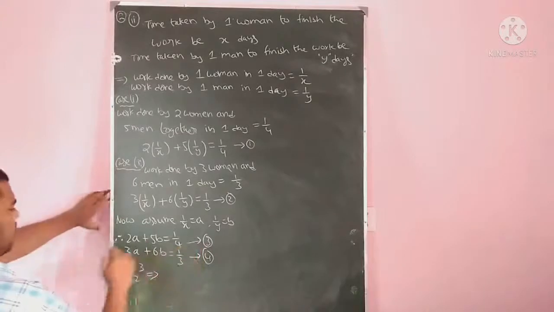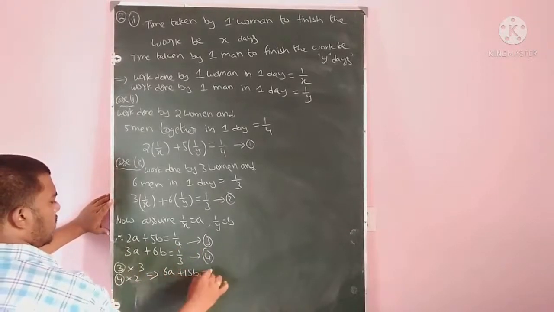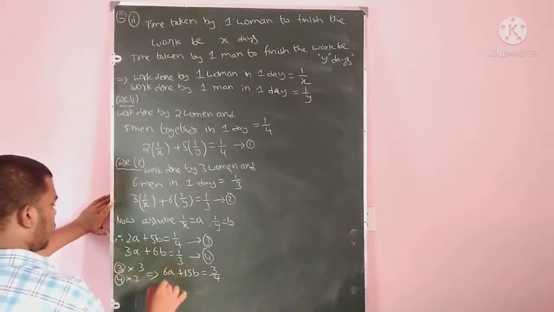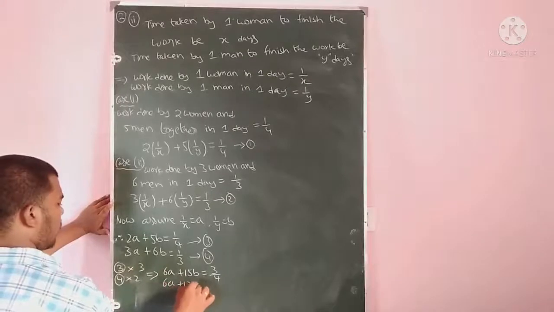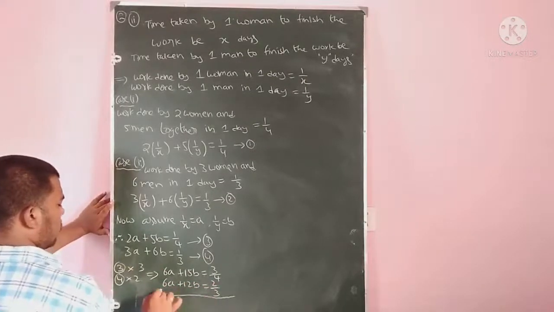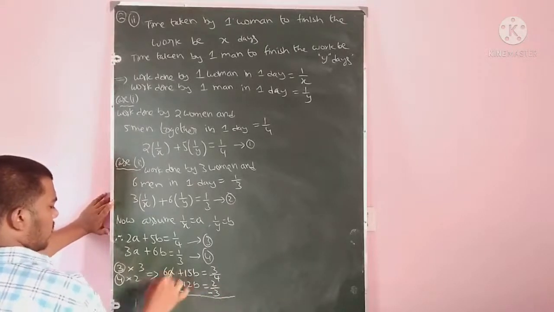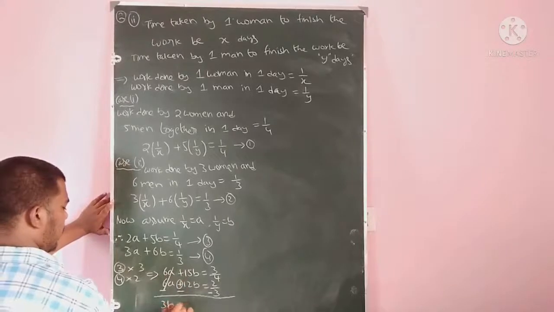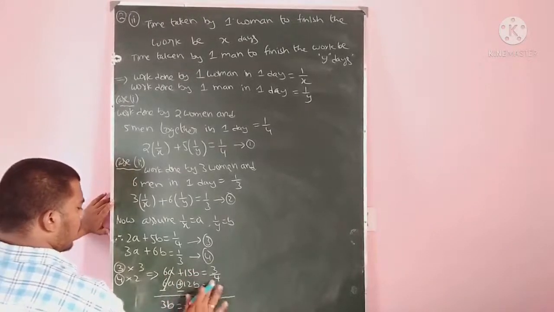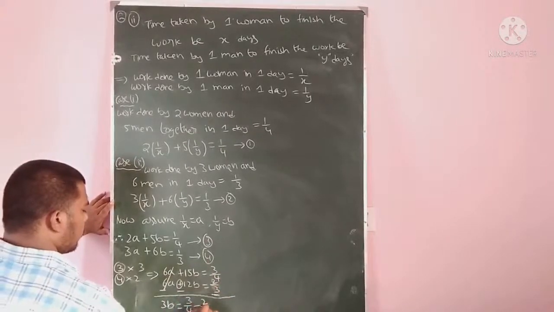That implies 3 2s are 6a plus 15b equals 3 by 4, and this one with 2 means 6a plus 12b equals 2 by 3. So on subtraction, the minus symbol should change. This is also subtraction here. This gives 3b equals 3 by 4 minus 2 by 3. So the minus should be considered, minus 2 by 3.